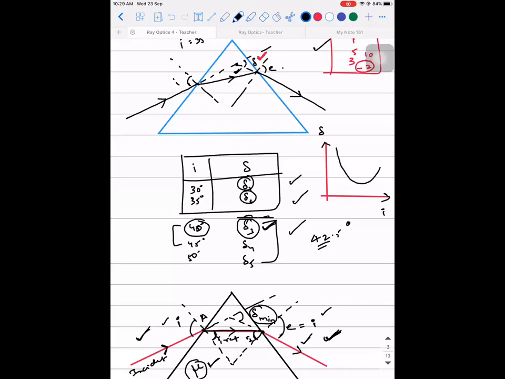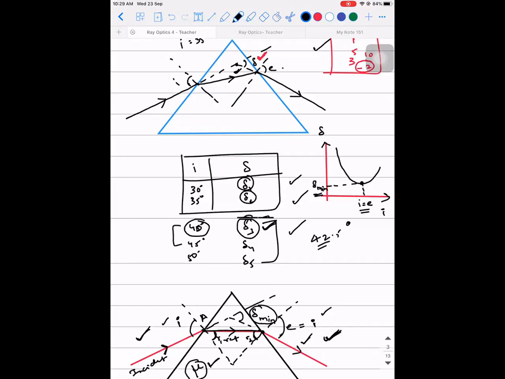As you increase the value of i, the value of angle of deviation will be decreasing. It will reach a least value and again it will start increasing. And this least value is what is called delta minimum. You can refer to this in your lab manual or the notes, record book, whatever you're writing. So this angle is called the angle of minimum deviation. At this point only, i is equal to e.